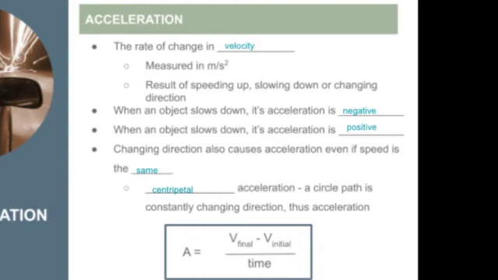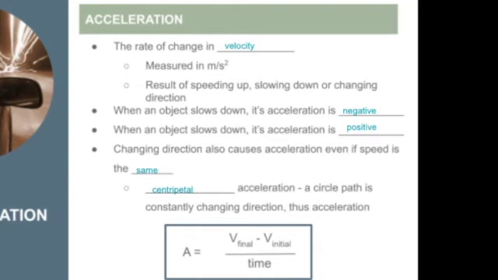as well. One key thing is if an object is going along a circle path, it has centripetal acceleration. If you've ever had a bucket of water and you've spun it around with your arms to keep the water in there, that's a centripetal path because it's going in a circle path. Even though you're moving your arm at the same speed around and around, it is accelerating because it is